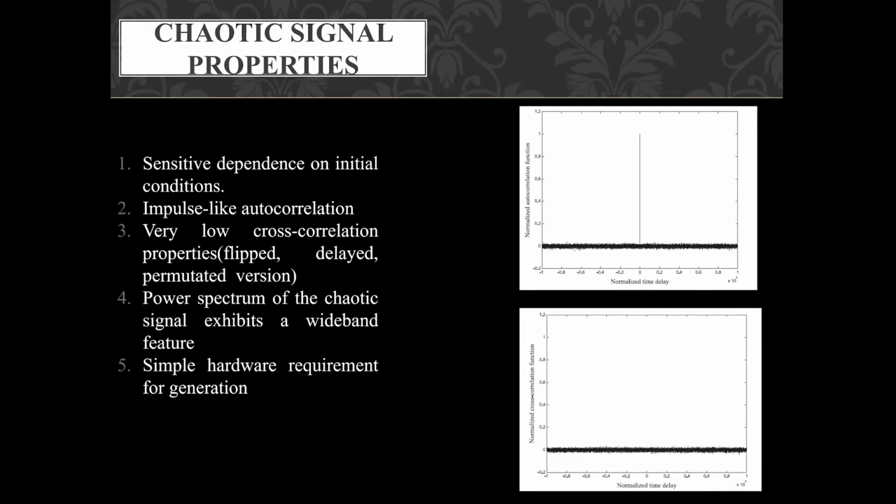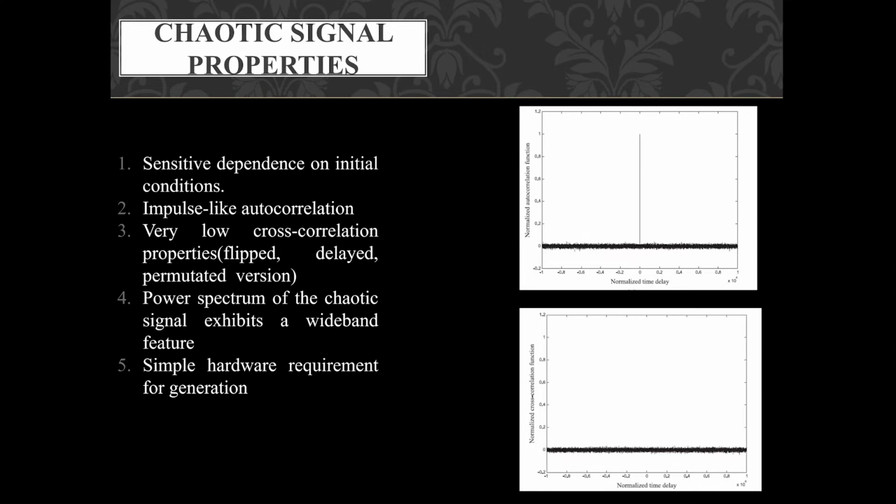These are the known properties of a chaotic signal. First is sensitive dependence on initial conditions. Like any sine and cosine frequency, which we can generate from oscillators, here we have a generating function, called a generator function, which is generated from a map, a deterministic equation. It is usually excited by giving an initial condition for the signal itself. The beautiful thing about such a signal is that you can generate another family member of that signal only by changing the initial condition. More interesting is that such type of